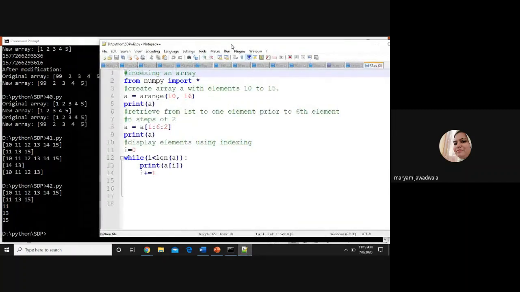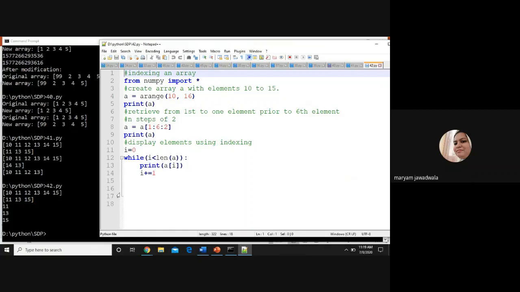Okay, here. So this is my original array A, and this is again A array after applying the slicing operation, right? Now, here I am using the indexing concept using while loop, right? And I declare one loop variable i equals to 0, and while i less than len A, len function is nothing but the function which gives the number of elements present in array A, right?